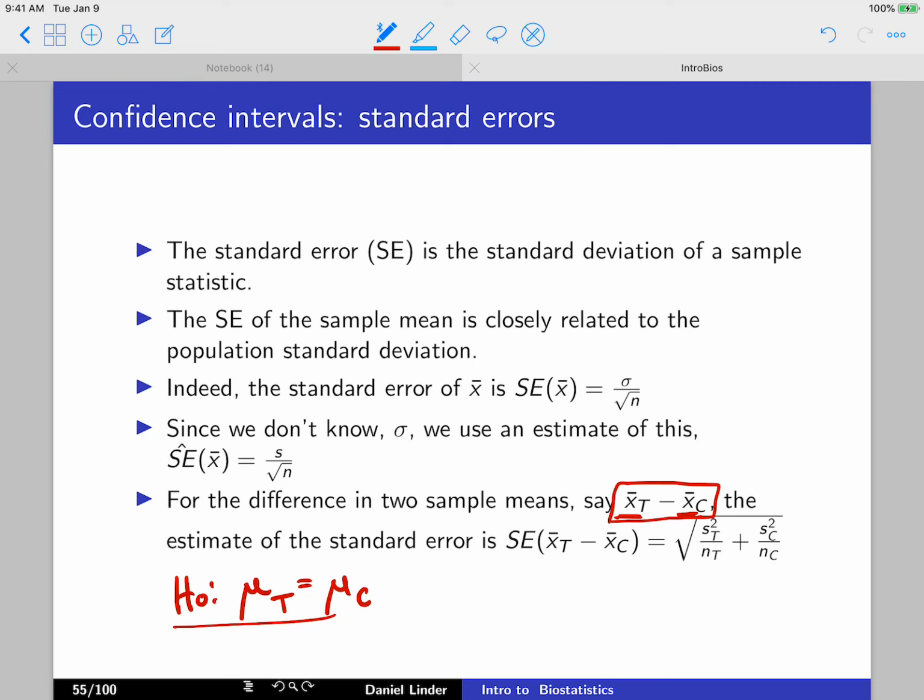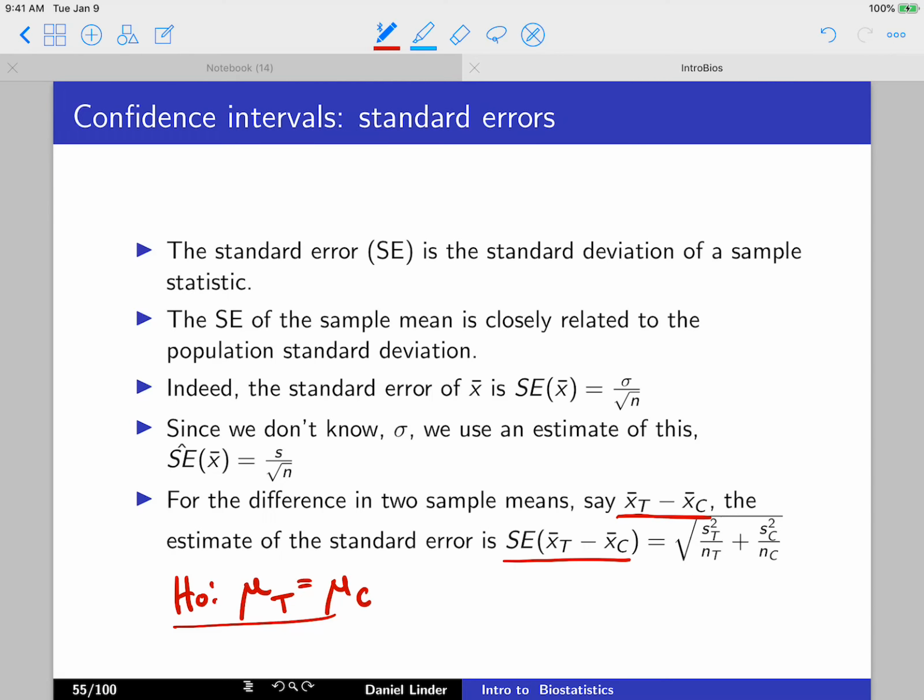But you can definitely see that your first starting point is to compute the actual sample means, and maybe the first step would be just to eyeball it and see if it looks like anything's going on. Okay, but if we want a more precise treatment of this, we need to also nail down, what's the standard error of the difference? So how much variability should we see in this difference? Okay, so that leads us to the standard error of the difference in